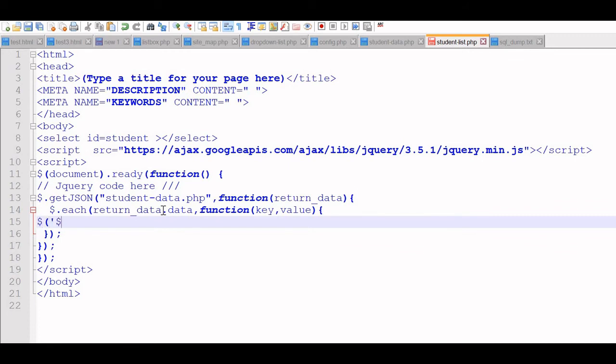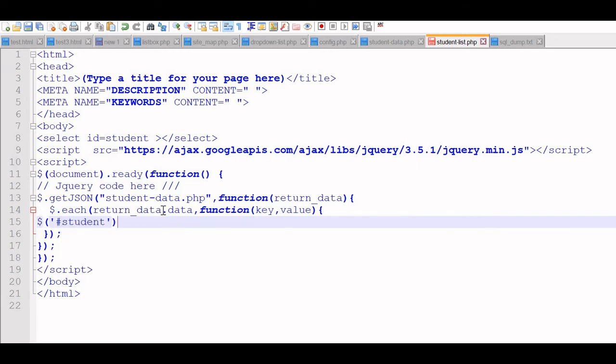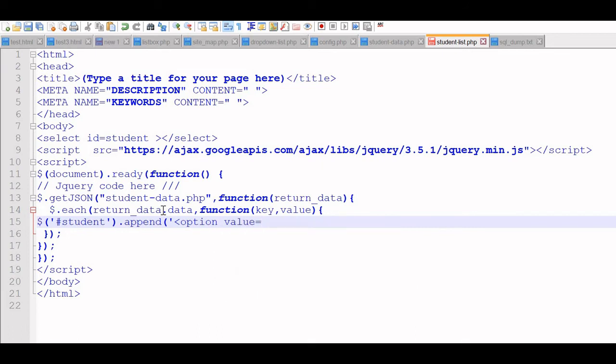Now the selector, the selector is student. We use the append function because we are appending the value here. So we are first adding the option, value is equal to, now here we will also use double quotes because here it's a string.